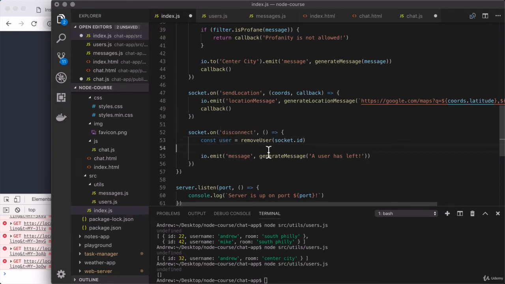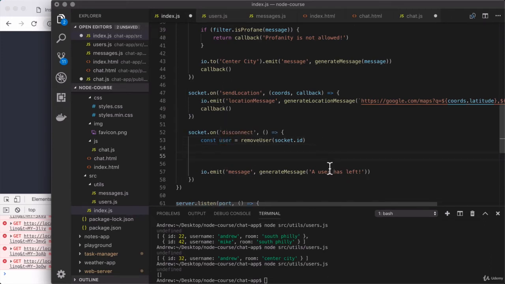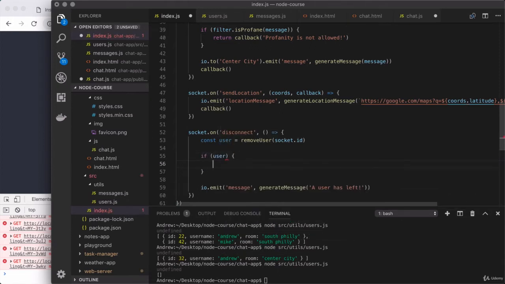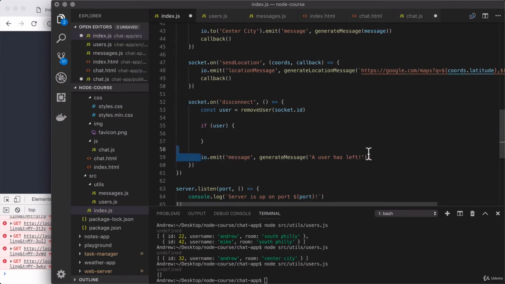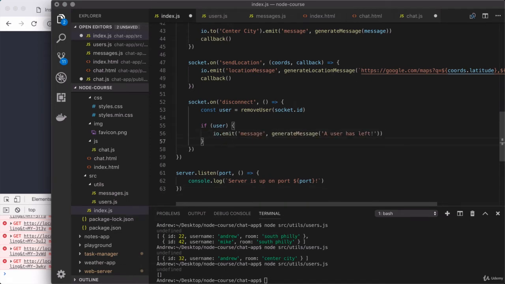Now down below, we actually want to use a little conditional logic before sending this message. There's a chance that the person who's disconnecting was never actually part of a room. For example, if they fired off join from the client with invalid data and then saw the error and closed the browser, there would actually be no one who needs to see this message, as they never joined a room and no one needs to be notified. Right here, though, if we do have a user, they were part of a room, so if there is a user, then and only then are we going to send a message saying that the user has left. So I'll cut that out of its current location, put it inside of our if code block,